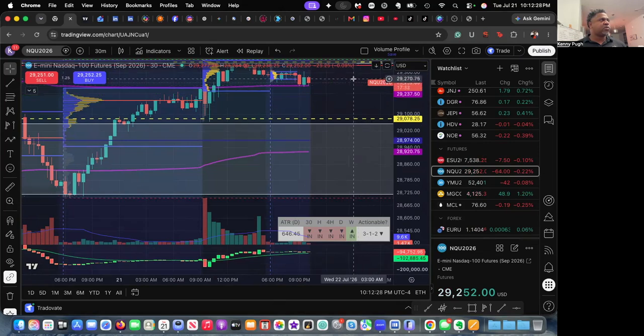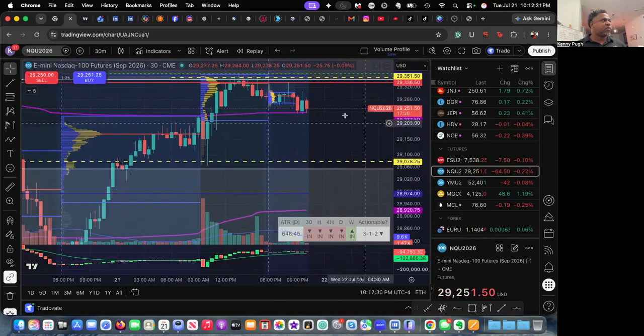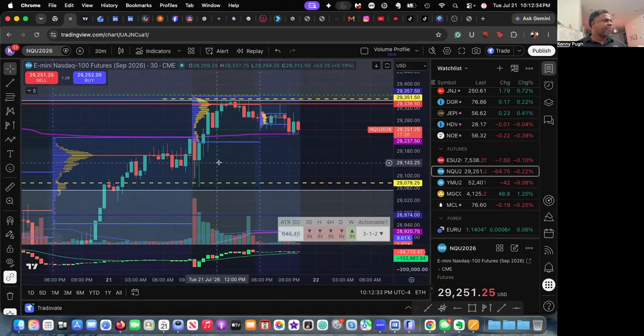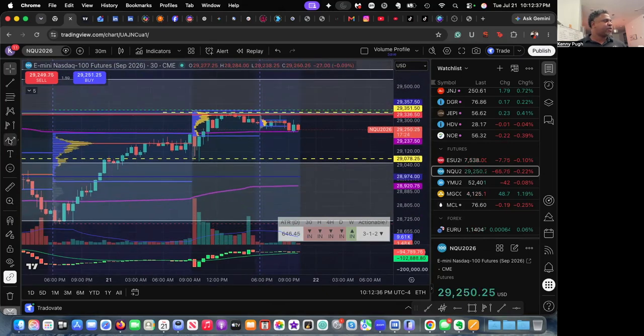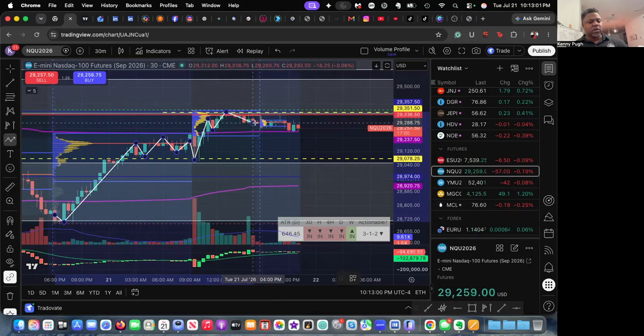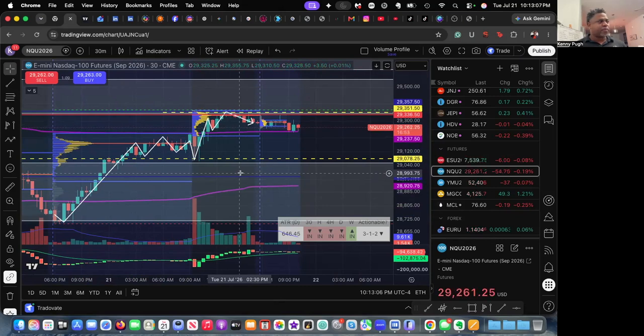And then for the Qs or NQ from the futures contract, overnight, we saw this push up, started at the bottom of the city, up outside of the city. We saw some consolidation before New York session started. And then at the start of New York, we pushed down, we came up, pulled back a little bit, we came up, we got to the next city, and then we saw this consolidation action as well. So that's the market review based off of the levels that were published for today, which is Tuesday,